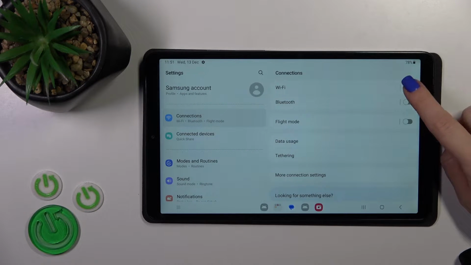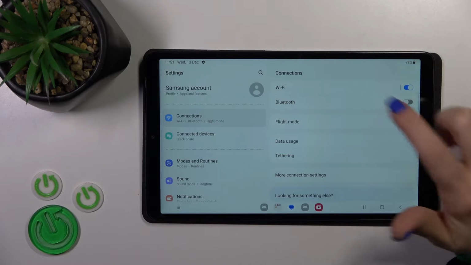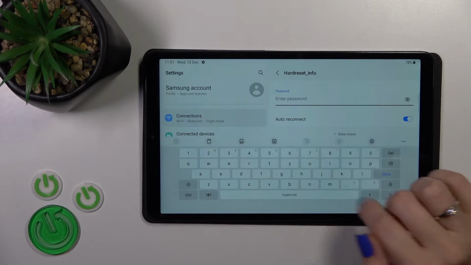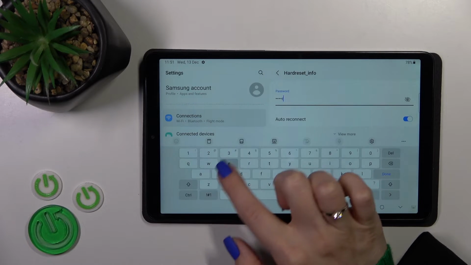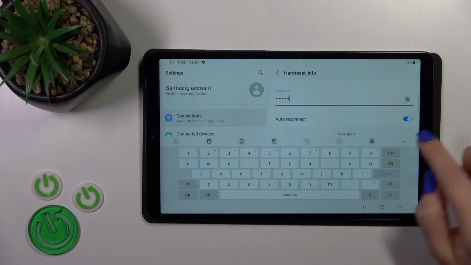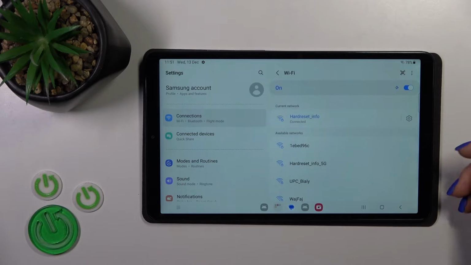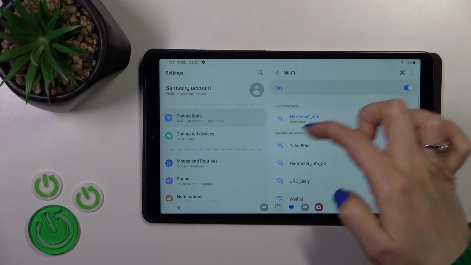Here you'll see the Wi-Fi switcher. Just to activate or turn off the Wi-Fi option, you should click on the switcher. After that, you will see all of the available networks. Select one from the networks and enter the password. Then just tap the connect button, wait a couple of seconds, and we can see that our device successfully connected